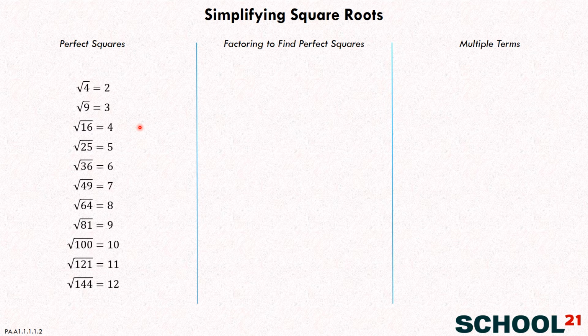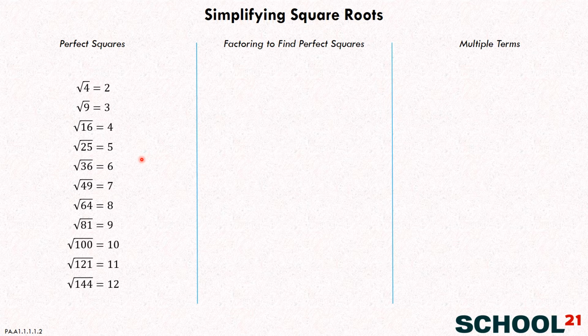Now there are all of the perfect squares. We can list them here. So 2 times 2 is 4, so the square root of 4 is 2. And you can see the whole list all the way up to 12 here. This is probably something you've known since your times tables, even if you didn't know what a square root was. But now you know that with square roots you have all of these perfect squares, right?